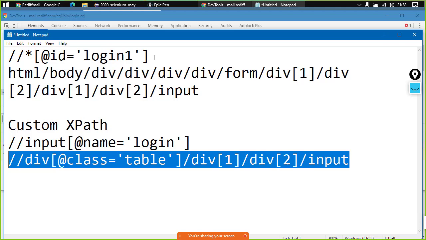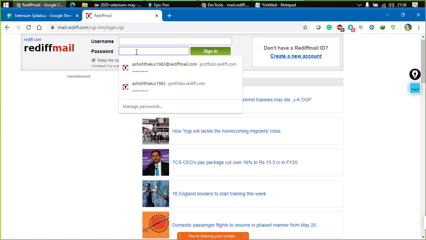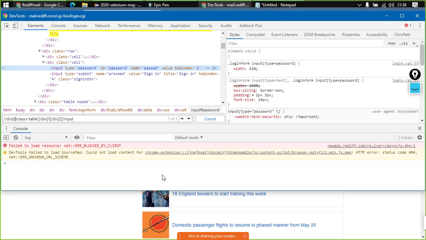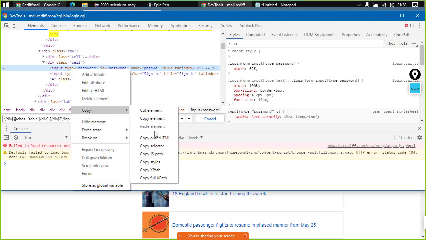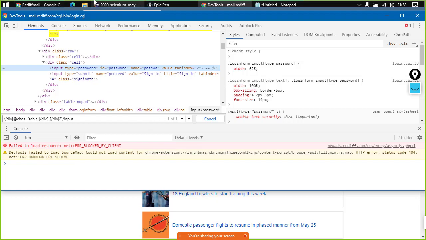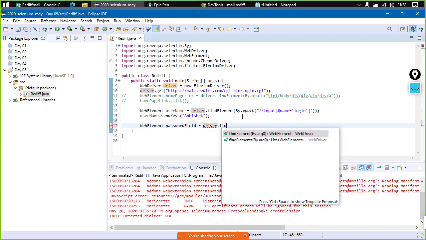Now let us just try generating another XPath. Okay, so we would be trying to access this particular password field. Right click, inspect. The shortcut is right click here, then go to copy, then copy XPath. You've got the XPath, you can simply go here and specify the code. WebElement, say passwordField equals to driver.findElement.